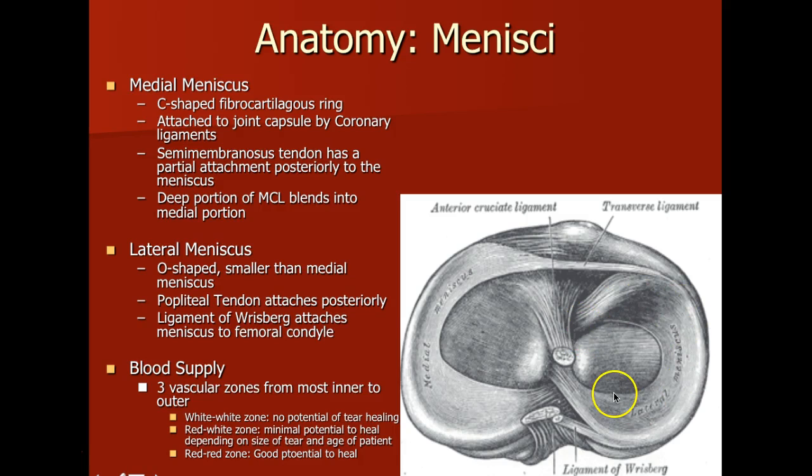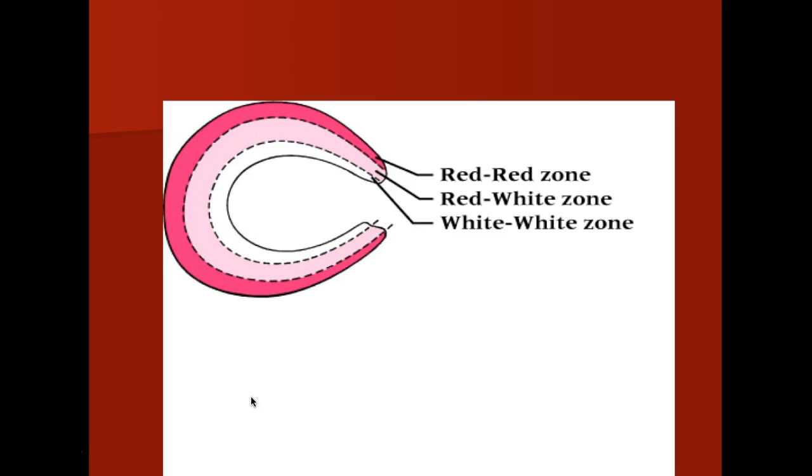And the lateral meniscus is going to be a little bit smaller than the medial meniscus as well. One thing I want you guys to really remember, and make sure that you read this in your book, are the vascular zones. There are going to be 3 different vascular zones, as you can see in this next slide. The importance of this is that depending on where you get a lesion, or let's say a cut, like when you tear part of your meniscus, the location of it is going to be really important.